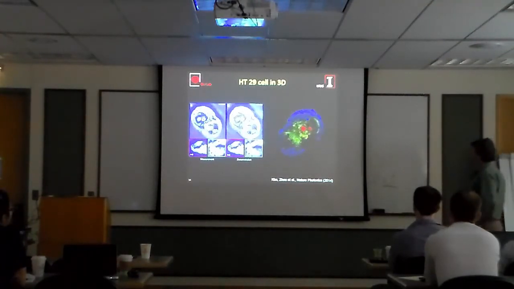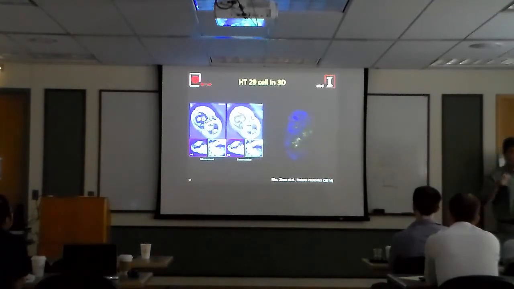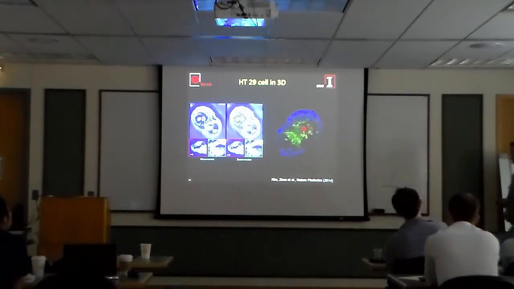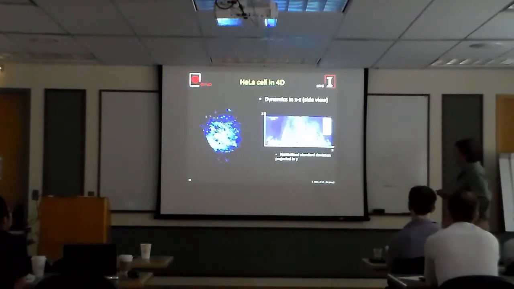This is how a eukaryotic cell looks. This is HT29 cells, so colon cancer cells. And basically, it starts to look like a confocal image, except that there is no fluorescence. The cells are happy and alive. You don't need to fix them. And let me show you what we're working on now.